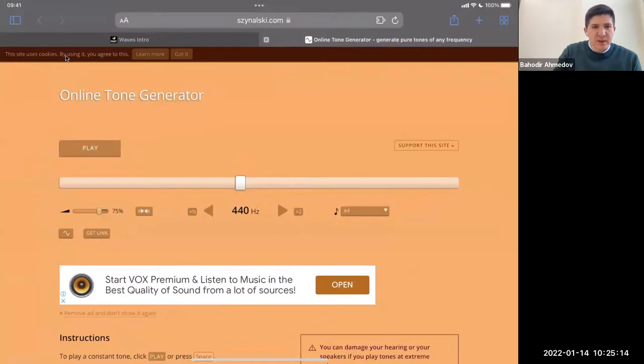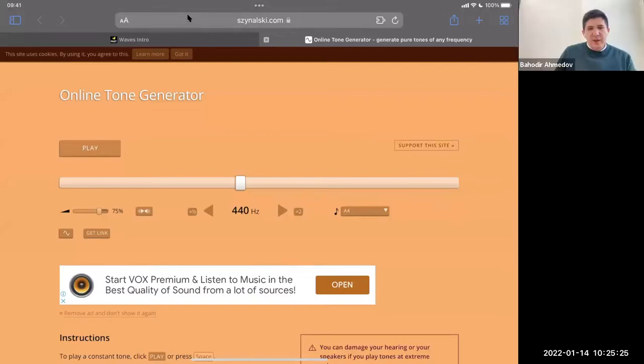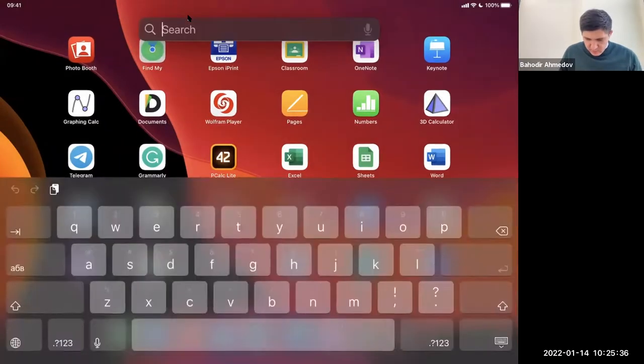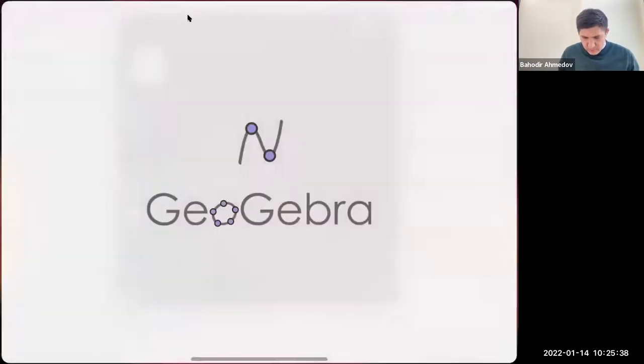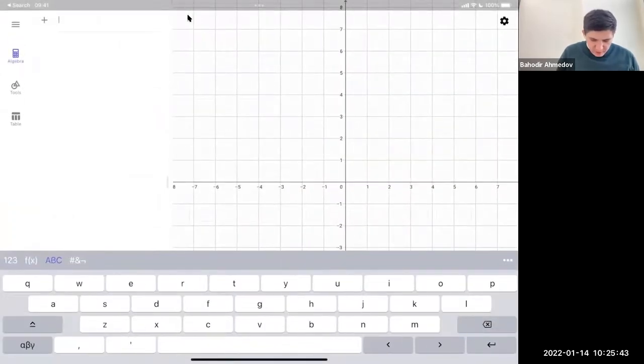Okay, do you see my screen? Yes. Okay, let's try to play with it. So essentially, the meaning of the beat is when we create two signals. Let me show it. This is GeoGebra, so you have probably seen this before. You can just type the sine